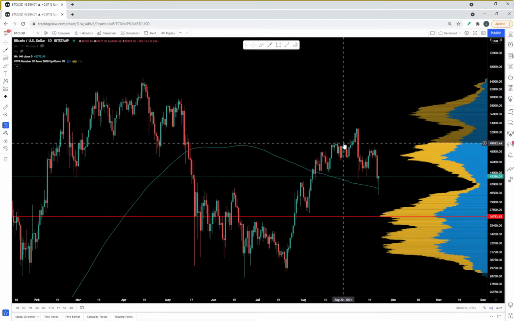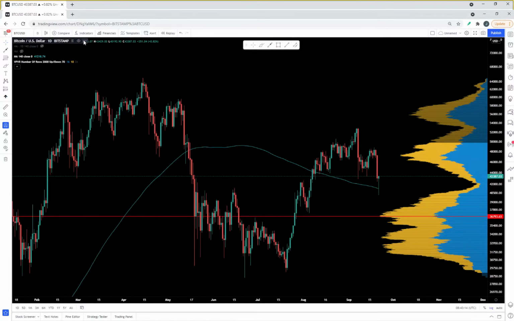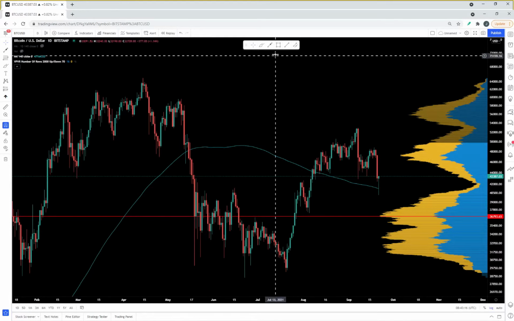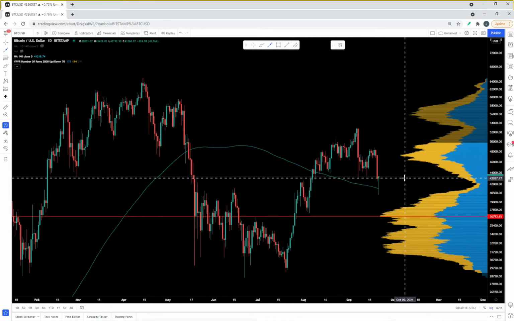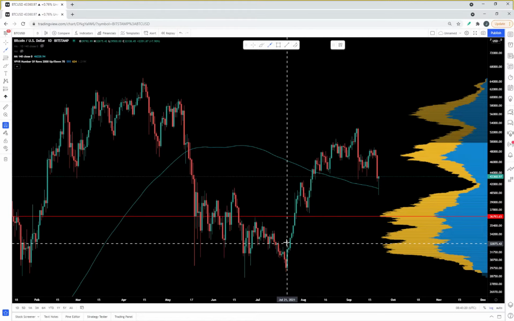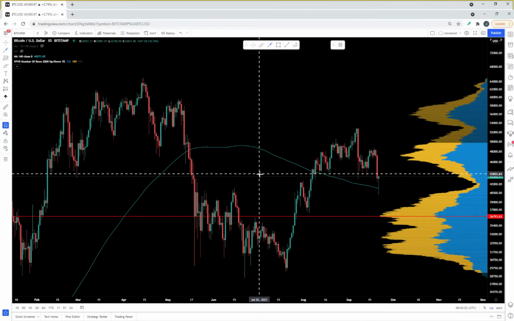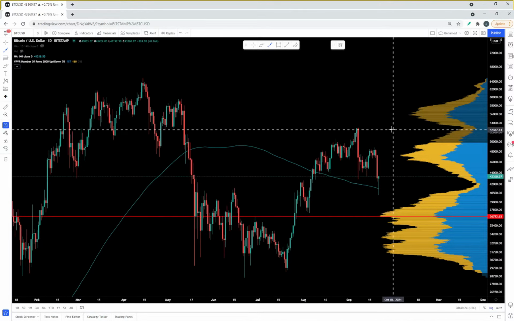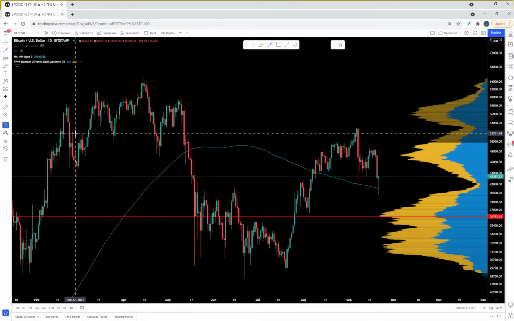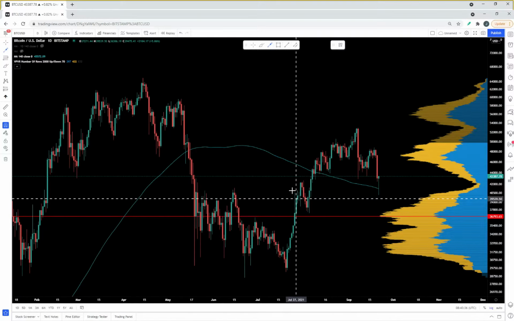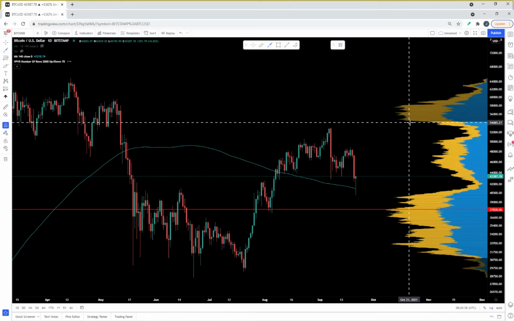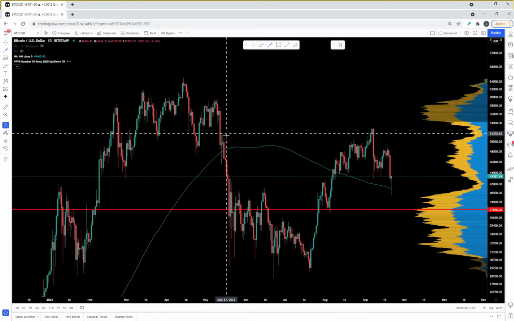Okay, guys. So what you want to do every time you bring this chart up, there's two things you first need to identify. The first are known as high volume nodes. What a high volume node is, it's a point in the volume profile where there's a much higher level of volume than average. So on this chart that we're looking at right now, there's approximately, and we'll come out to this range here,